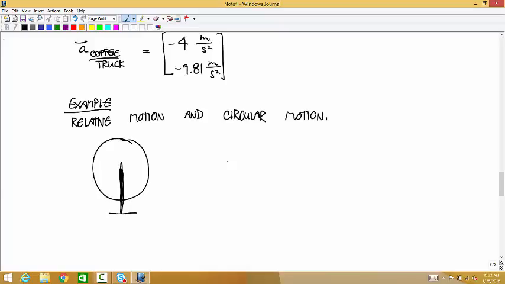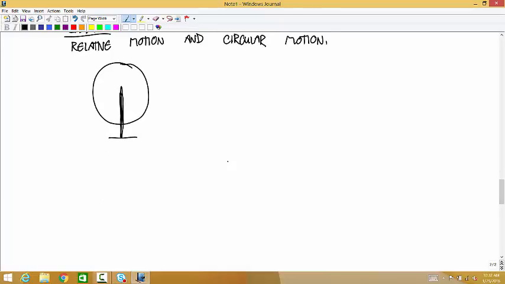And let's say that it's moving at a constant angular velocity of 1 radian per second. And this is small, so let's say the radius is equal to 0.5 meters. It's like one of those little kiddie Ferris wheels outside Walmart. Okay, and let's say that now that Ferris wheel is set on the back of a truck,